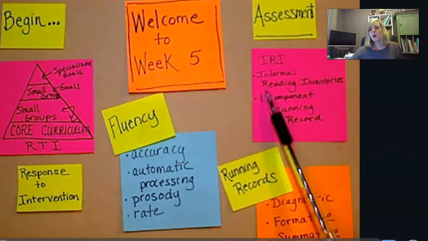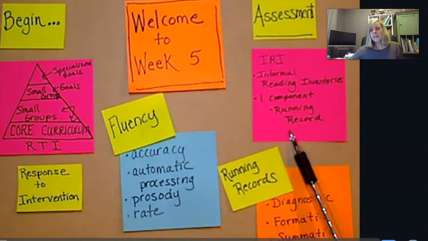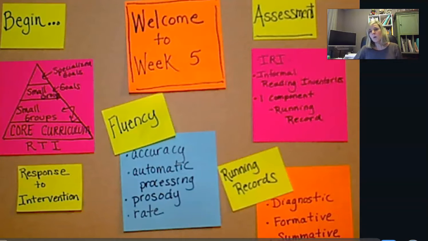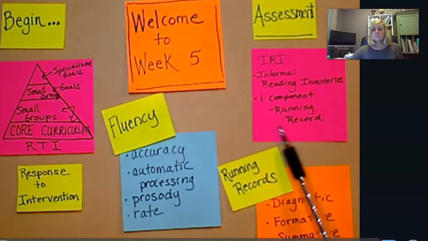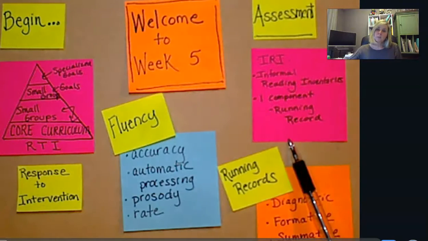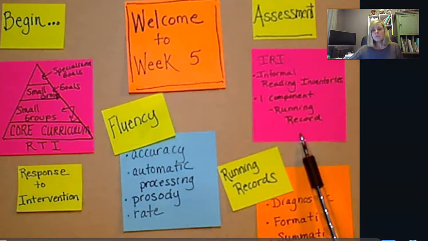So running records can be part of informal reading inventories, and they're typically a common part of an informal reading inventory, but essentially they can be done at any given time. So anytime you sit down next to a student, whether it's one-on-one or one student listening to them read in a small group, you can engage in the process of taking a running record to be able to note those reading behaviors and their ability to identify words or their ability to really control that prosody or rate within their reading. So you're really looking at a number of factors within a running record, and it gives you a snapshot